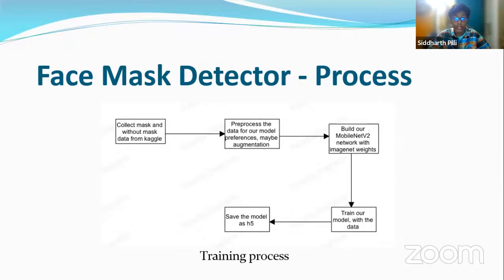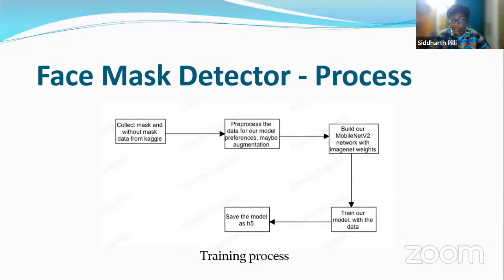And the second point now comes to pre-process our data for model preferences and maybe even add some augmentation. Now machine learning is not completely a black box, which means there is a bit of tuning which you have to do before you start training the machine learning model. So you have to do just a bit of adjustments, like the image height. You have to have all the images in a certain height and a certain width as well. And you also have to handle the different types of colors and so on. So that's where you have to do a bit of pre-processing for our machine learning model.